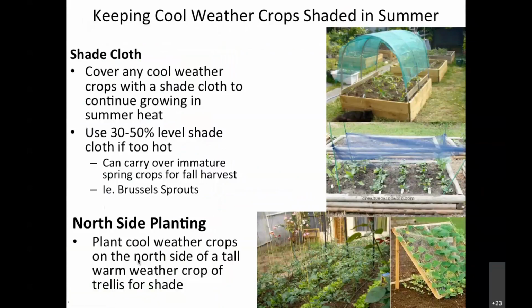You don't want to completely shade it. It still needs sun to grow. But you can get this shade cloth, 30 to 50% level, from a nursery. You can make these different hoops. We have a whole carpentry course, a 2-hour recorded class, if you want to look into